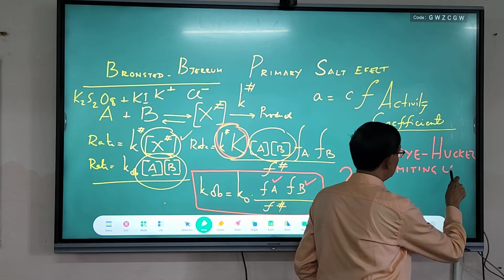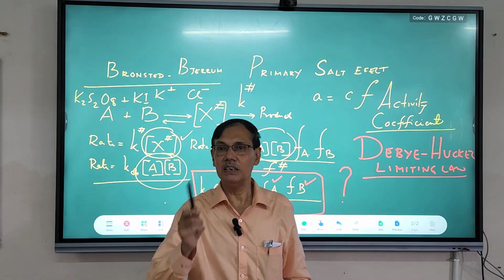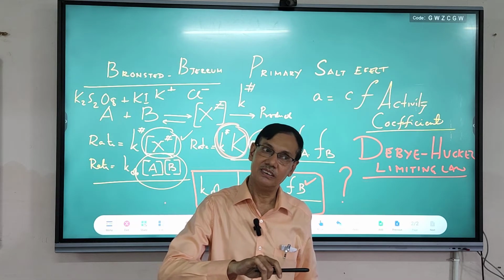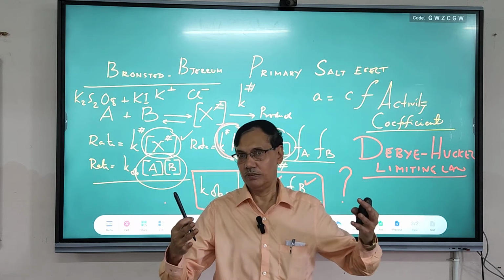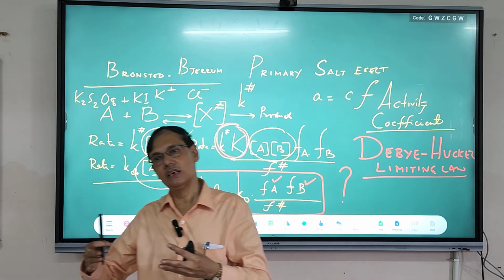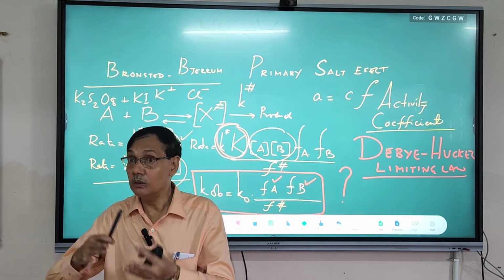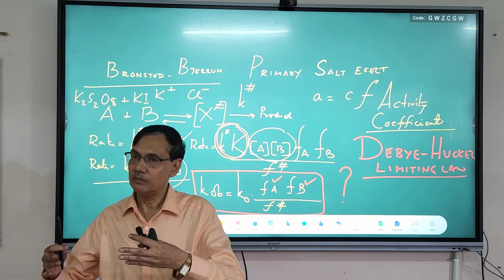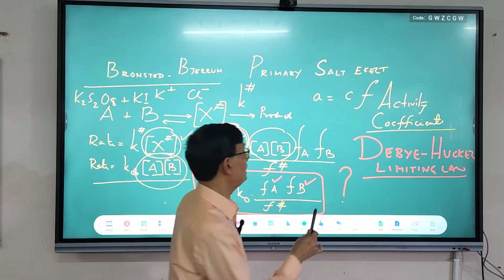Any idea about this equation? Anybody in the class? What is Debye-Hückel? I am not talking about the Debye-Hückel-Onsager equation. These are all related. There are three concepts. Debye-Hückel-Onsager equation is different. I am talking about the Debye-Hückel limiting law, which relates activity coefficient and valency and other things, and that is